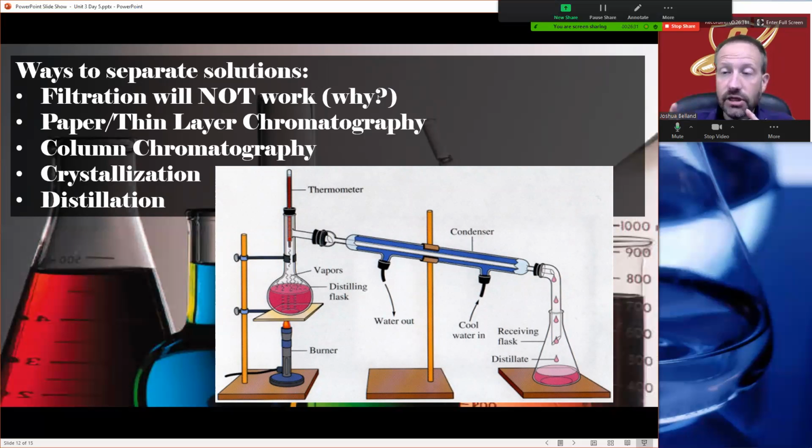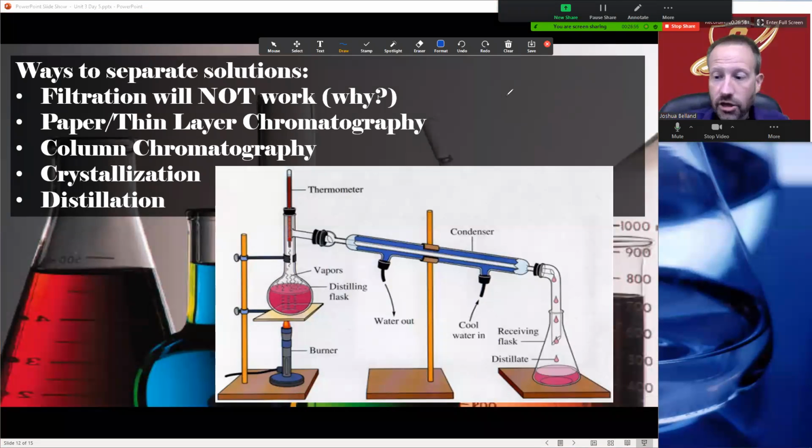Okay, so distillation also works on intermolecular forces, but it works on intermolecular forces between liquids. Distillation is very useful for a mixture of liquids. So you have this liquid and this liquid and this liquid, and they're all mixed up, like in crude oil, which we get out of the ground. Okay, you put your mixture, whatever that mixture is, I'm going to get a fun color here. Let's go dark blue. You put your mixture in the flask, the distillation flask there, and you start heating it